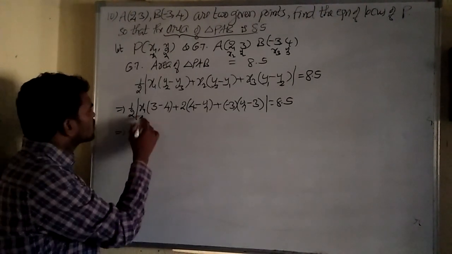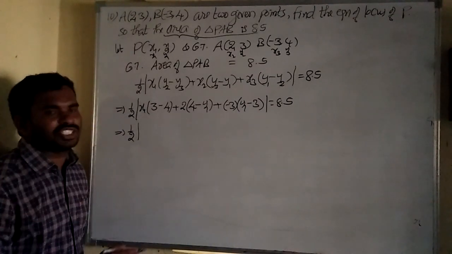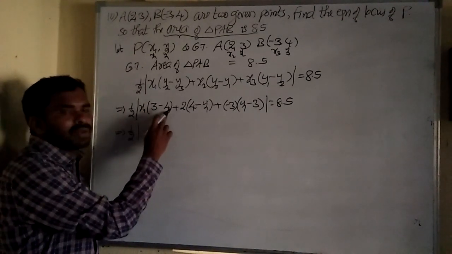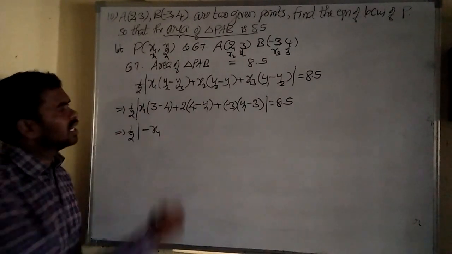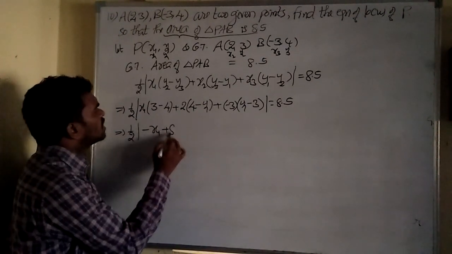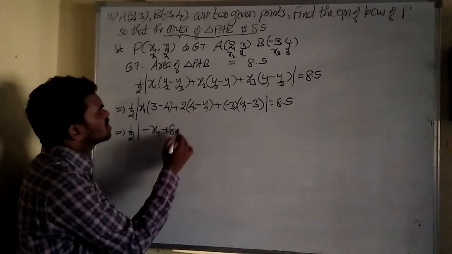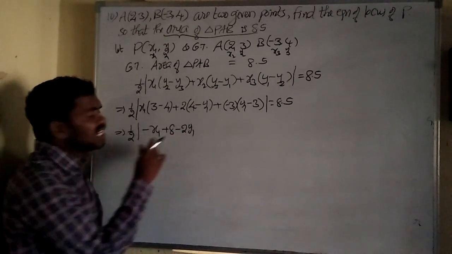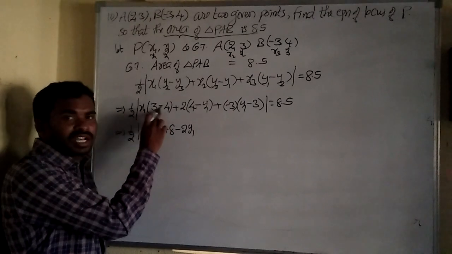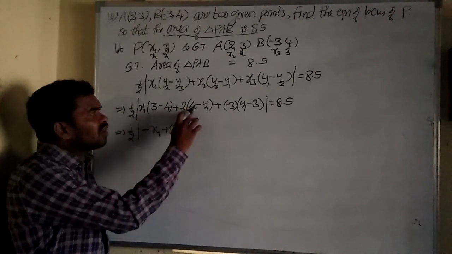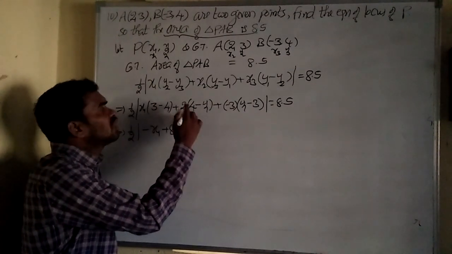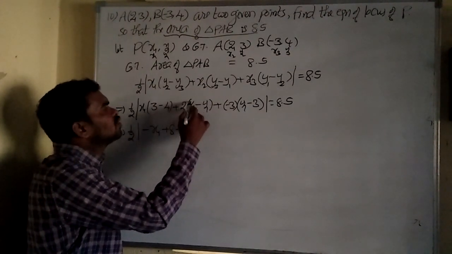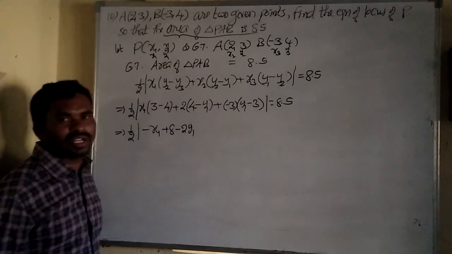Okay, x1. 3 minus 4 how much? 3 minus 4 means minus 1. Minus 1 into x means minus x1. That's it. Next 2 into 4, 8. 2 into minus y, minus 2y1. See here the numbers are there, so we can subtract. Here one is number, one is variable. So we can't subtract, we can't add. So what to do? Do multiplication, 2 into 4, 2 into y individually.